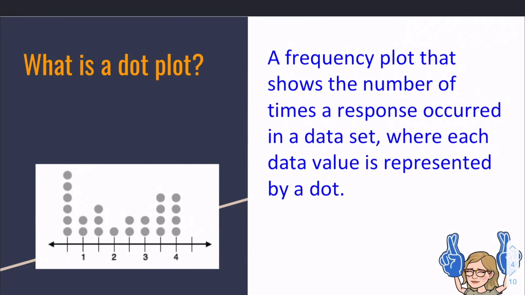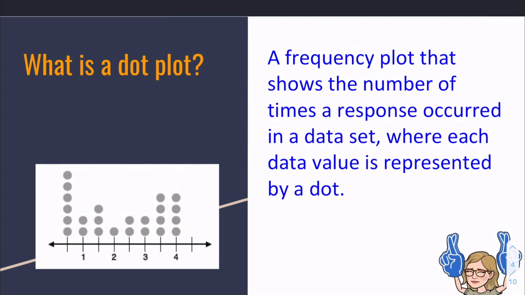So what is a dot plot? On the left is an example. I'm sure you've seen one of these before, but the official definition is a frequency plot that shows the number of times a response occurred in a data set, where each data value is represented by a dot. So if you look at the example on the left, there is a dot for each time that number appears